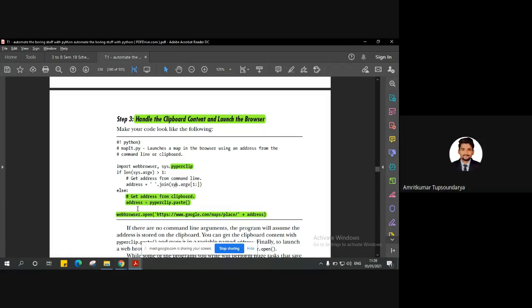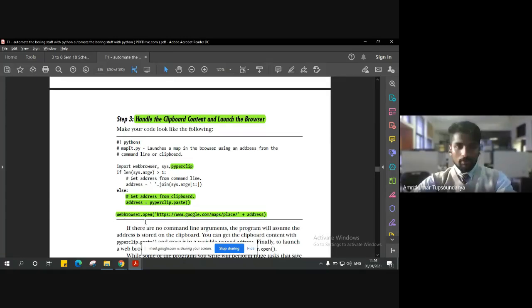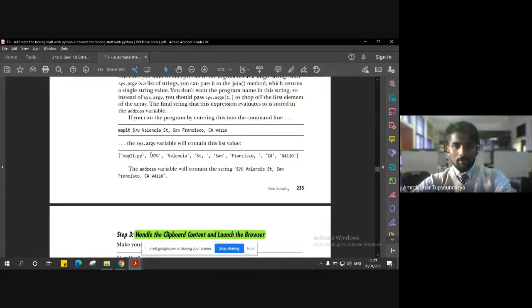For that, we'll be making use of the webbrowser module: webbrowser.open with the link, which is the Google Maps link, plus whatever address you want to search for. For example, in the above example, this 870 Valencia Street, San Francisco.